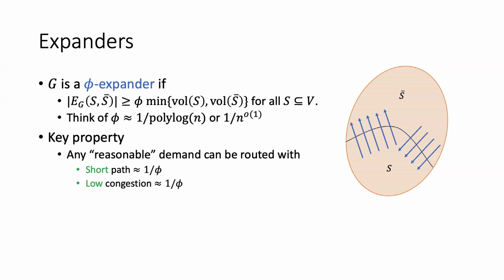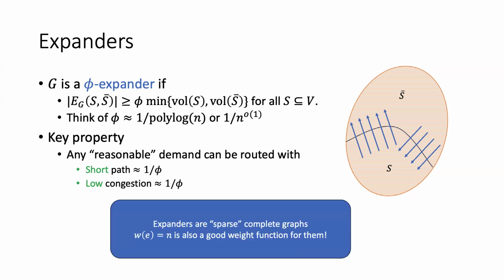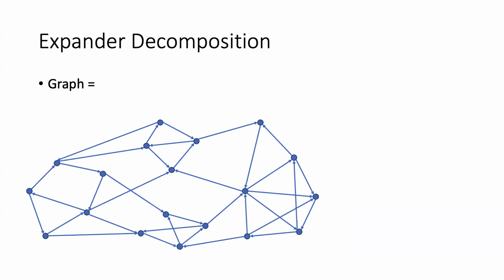If you put any reasonable demand on the expander, it can be routed very efficiently with short paths and low congestion. So what this means is that expanders in the flow sense are very similar to a complete graph. They route things very efficiently, and we can afford to set their weight to be very large. It's not hard to verify that for an expander, this is indeed a good weight function. And what is good about expanders compared to using a complete graph is that